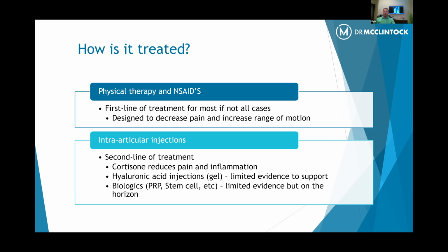And more importantly, it's really at night when people have a really hard time sleeping. The goal of the physical therapy is to help prevent some of that loss of motion that occurs once a patient develops arthritis. As the disease progresses from mild to moderate and severe, these range of motion limitations become more prominent. So we're trying to maintain the motion that we have and to maintain our function of that joint,